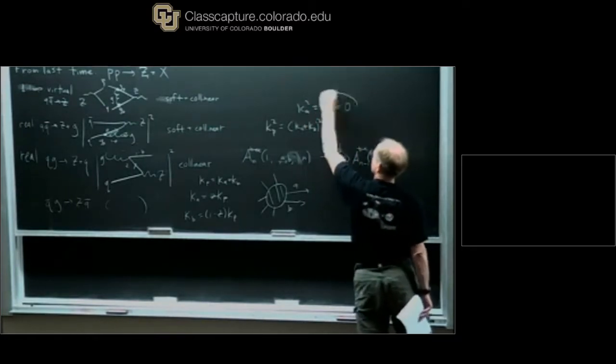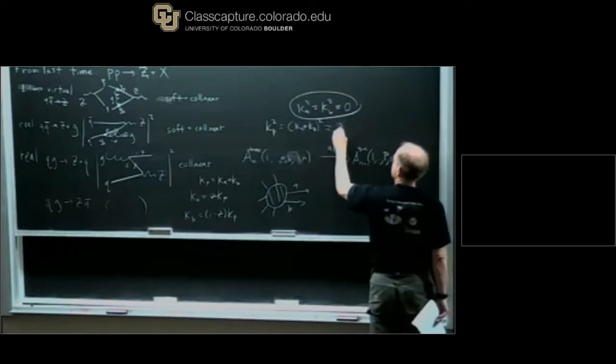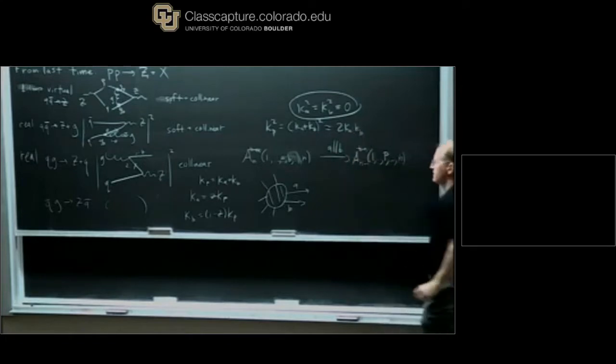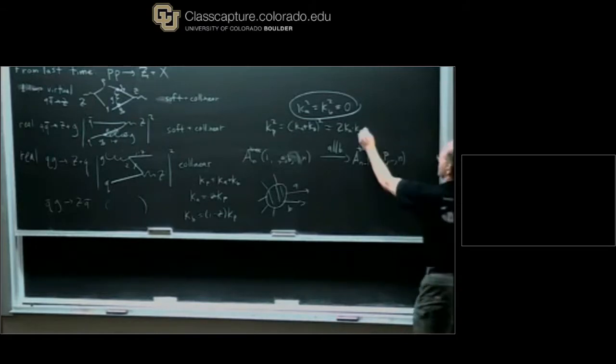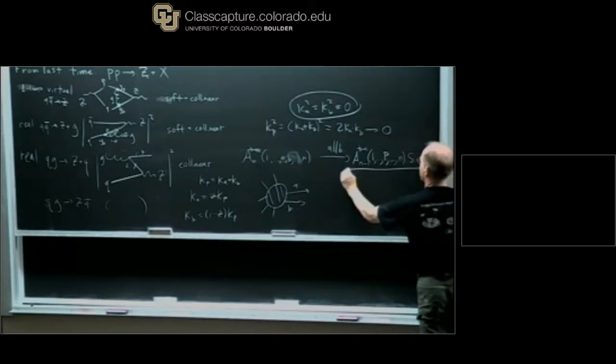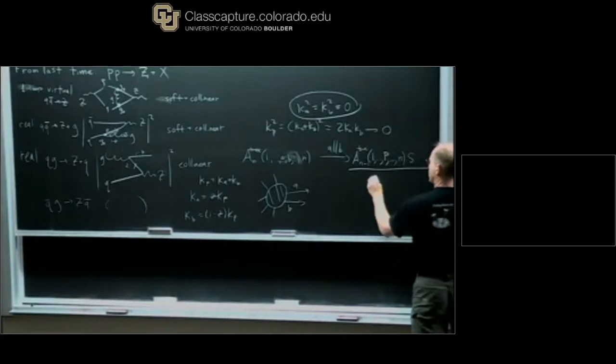These are massless particles. So this is 2 K_A dot K_B. So if K_A and K_B are parallel, then this thing's proportional to either K_A squared or K_B squared, and it's going to 0. So this thing will factorize, and it will have a factor in the denominator, which